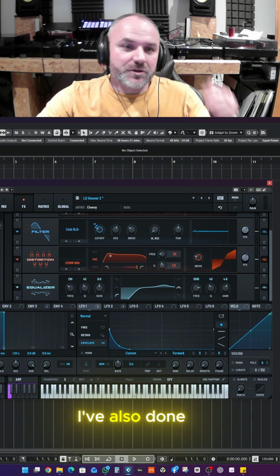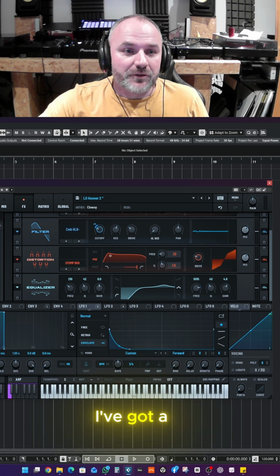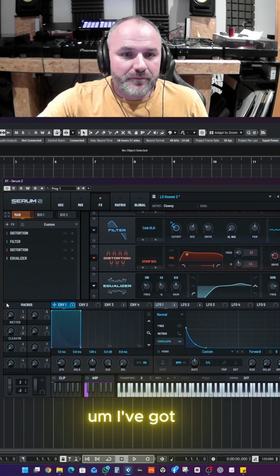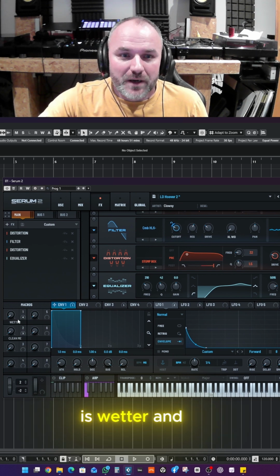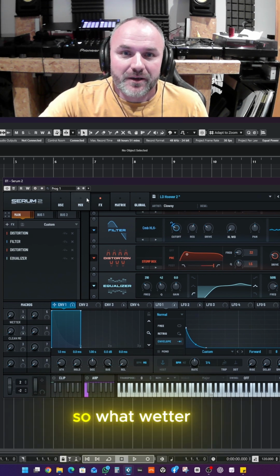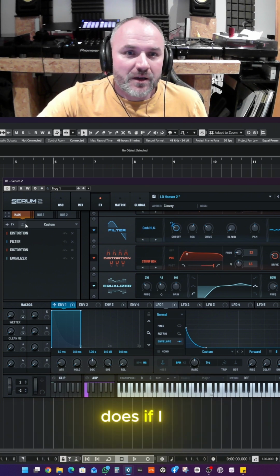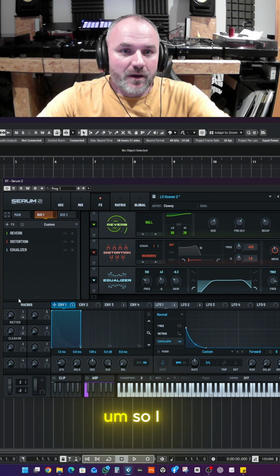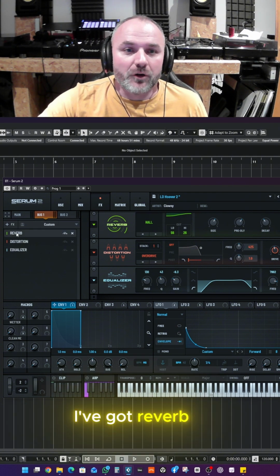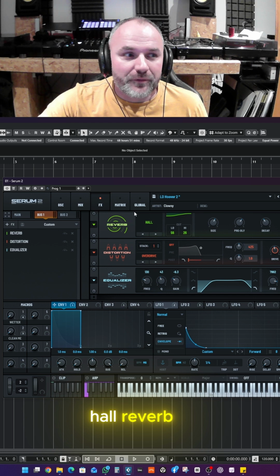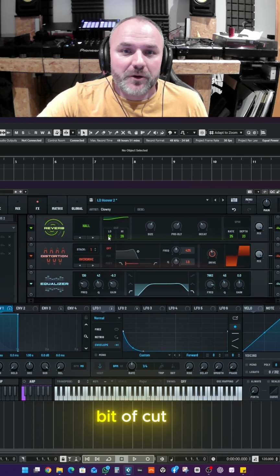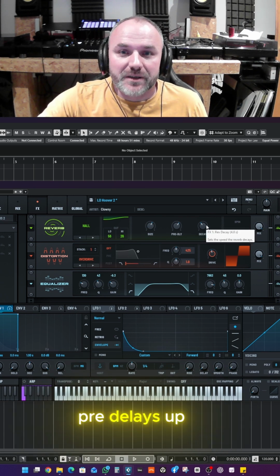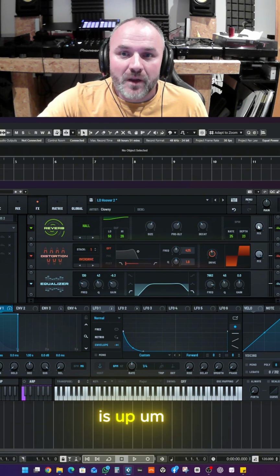And then what I've also done on this preset is I've got a macro. One is wetter and one is clean me. So what wetter does, if I turn on the in bus 1 I've got reverb, hall reverb, little bit of cut on the low, cranked up the size a bit, pre-delay's up and the decay is up,